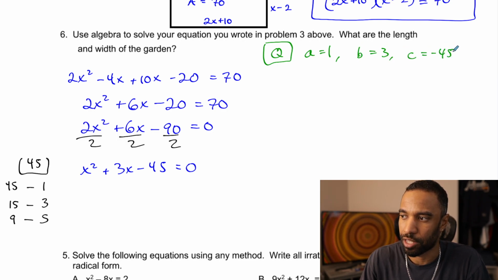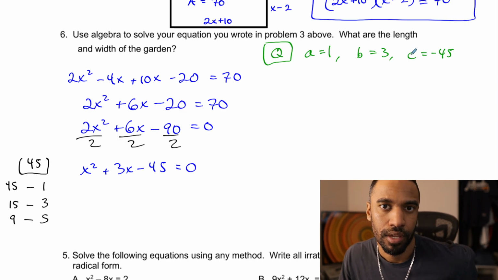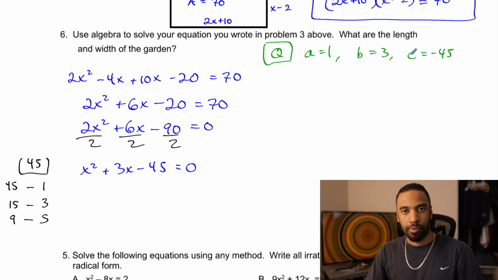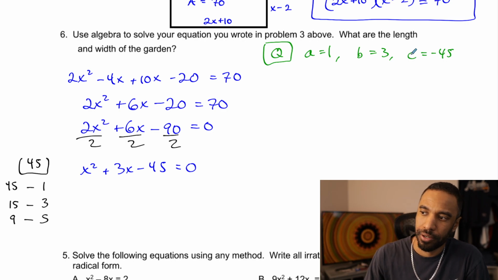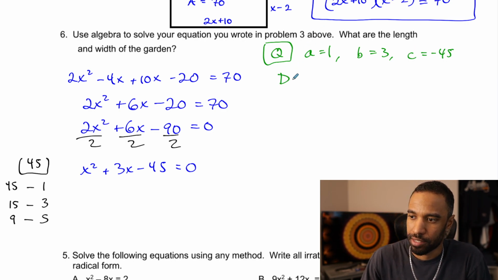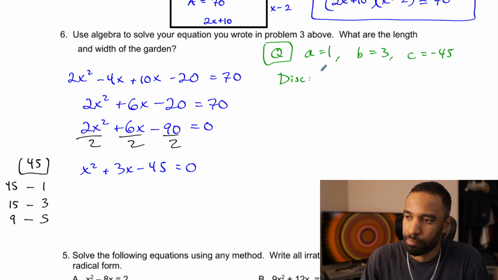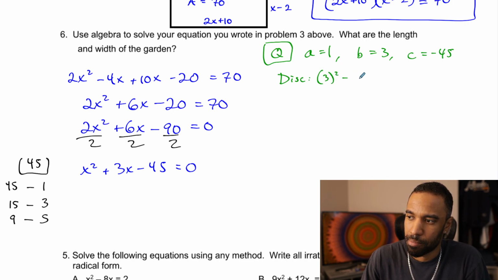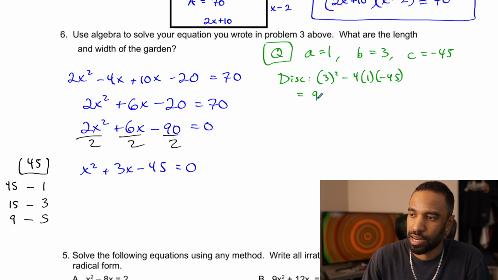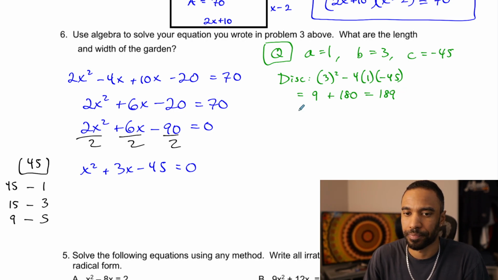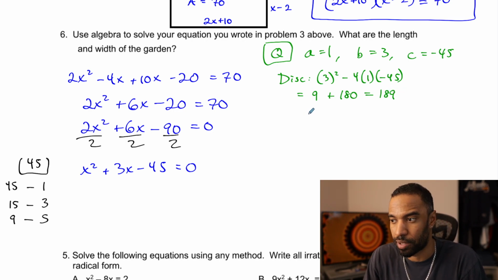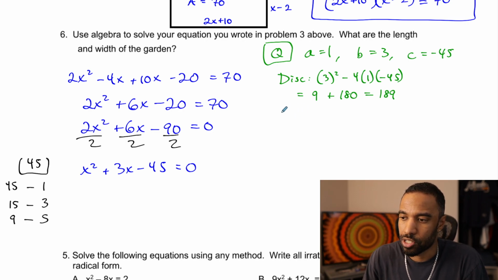Now, this is also where a calculator will have to be used because, even though they're approximated, I'd rather that our irrational solution doesn't stay as a square root when we're talking about feet here. So here we go. Our discriminant, guys, is b squared minus 4ac. That's 9 plus, minus negative, 180, which is 189. That's what we have to take the square root of there. All right, now I'll give you an exact answer first, but just keep that in mind. All right, so this becomes x equals